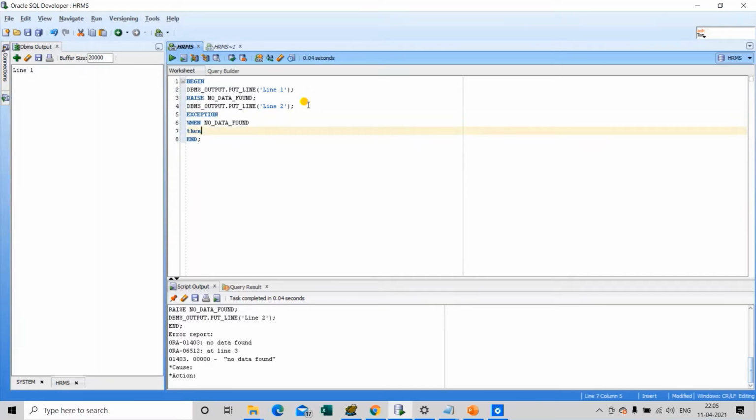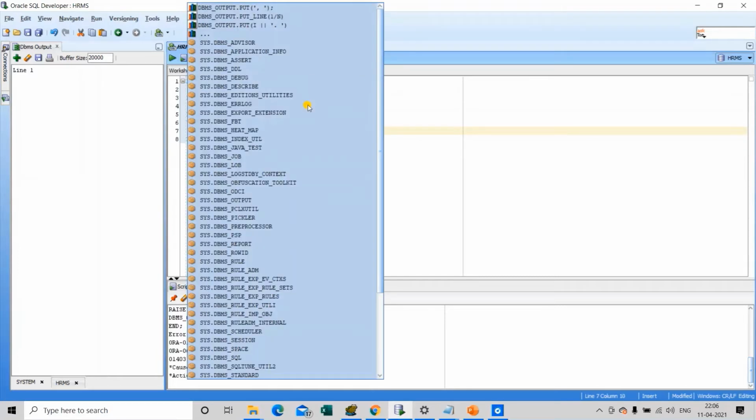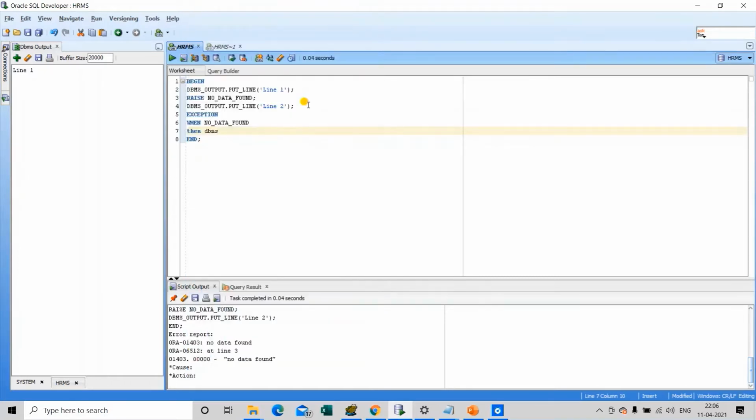As I've already told you, in order to handle exceptions, we need to add exception sections in our PL/SQL blocks, and inside the exception sections, we need to add the exception handlers. So in this case, I am adding the no data found type exception handler, and in that handling part, I am writing code to output that the exception of type no data found has been handled.